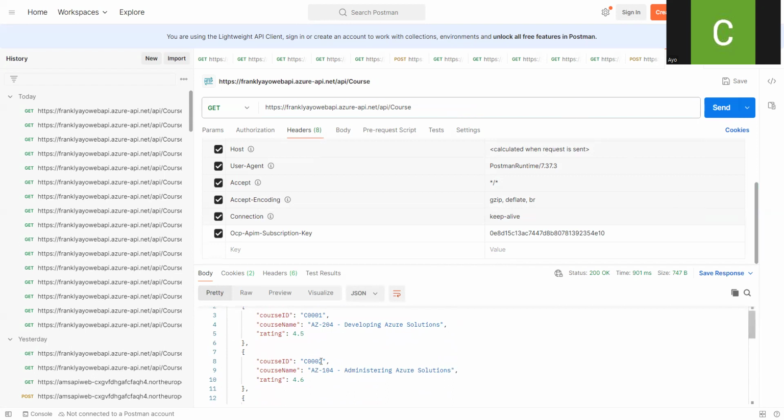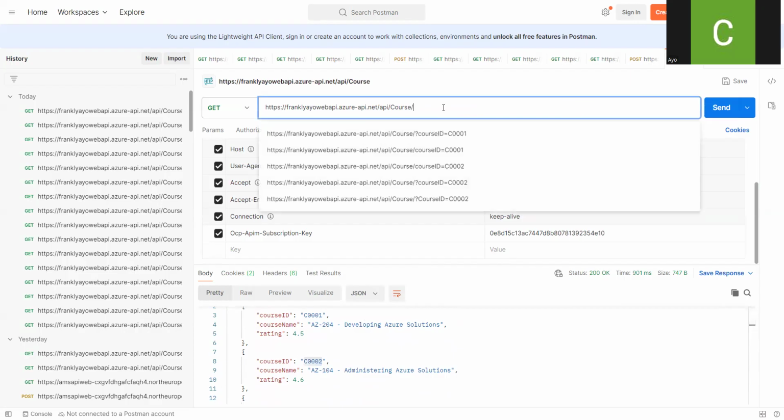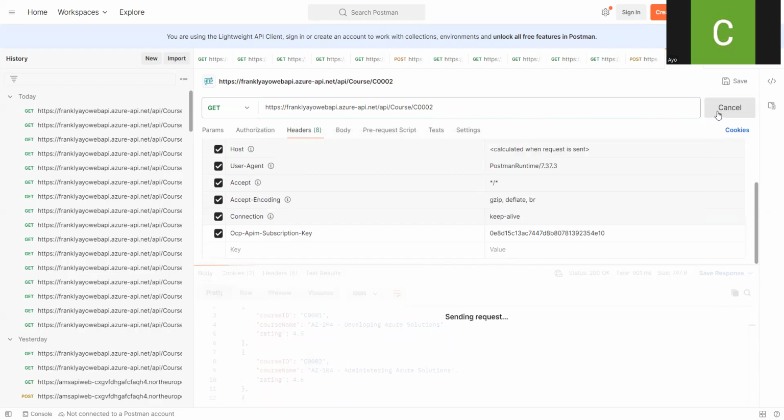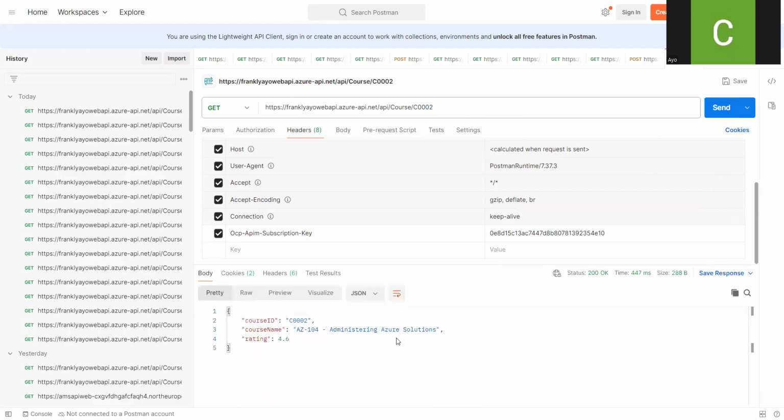And if I copy this and put /course ID, it retrieves just that particular course. It makes sense. Okay. But for some reason, you might have some end users that might want